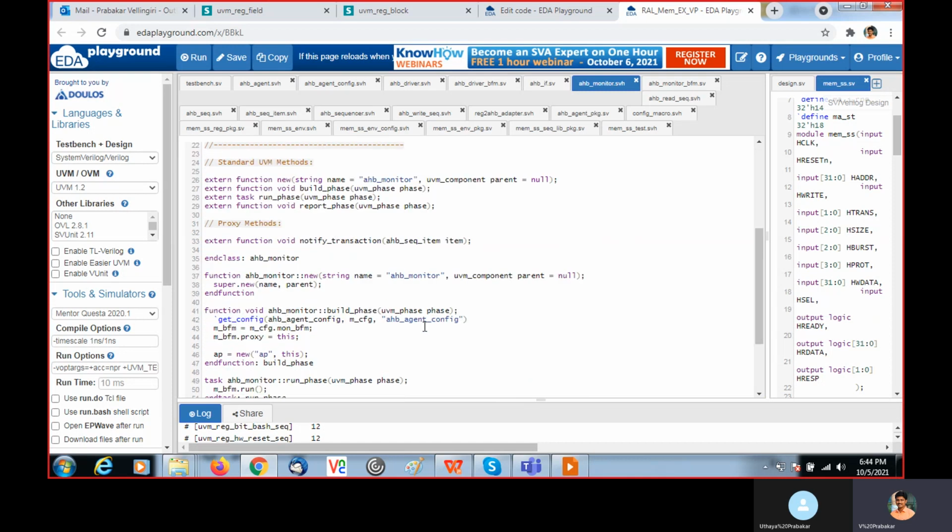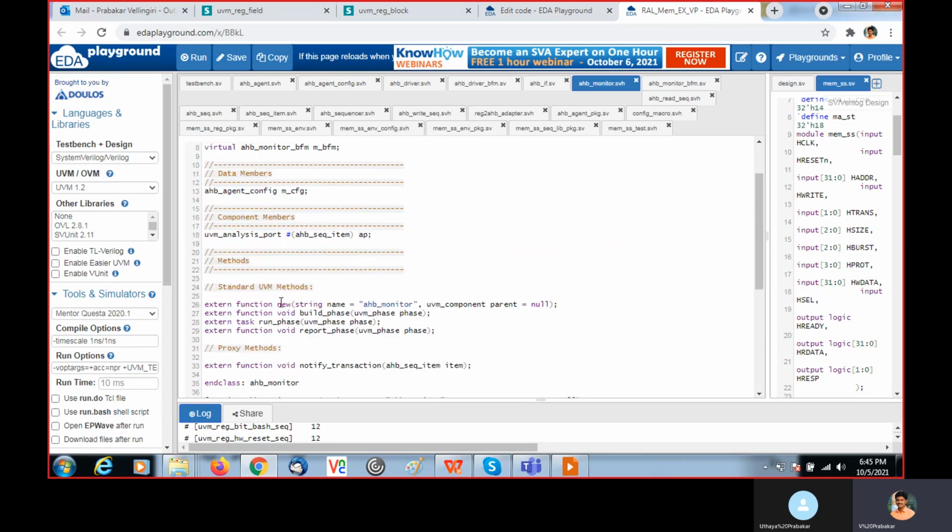With the help of the get method, I am getting the UVM agent config. Inside the agent config, I have mon BFM. So that handle is assigned to MBFM here. For the MBFM proxy, we have a proxy that is assigned to this proxy, which is declared here.